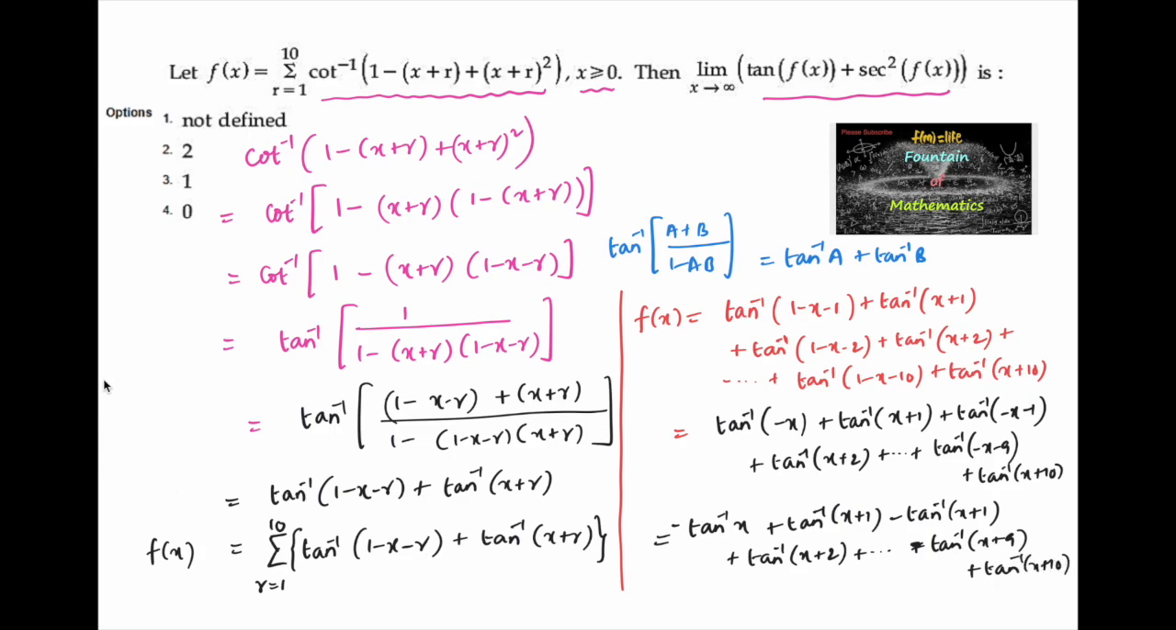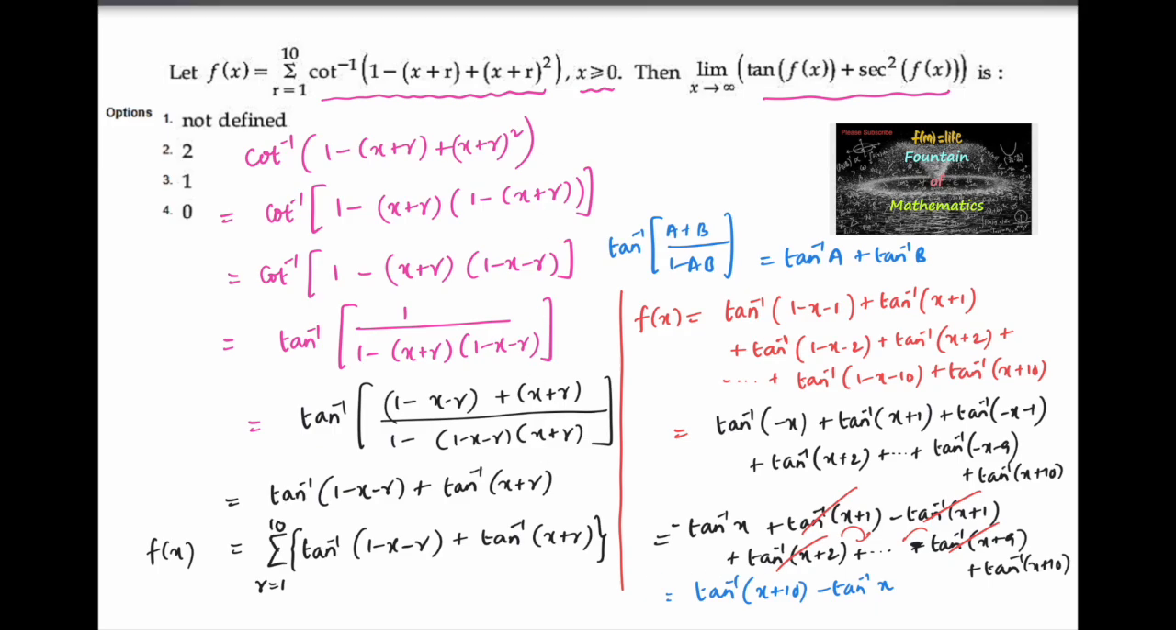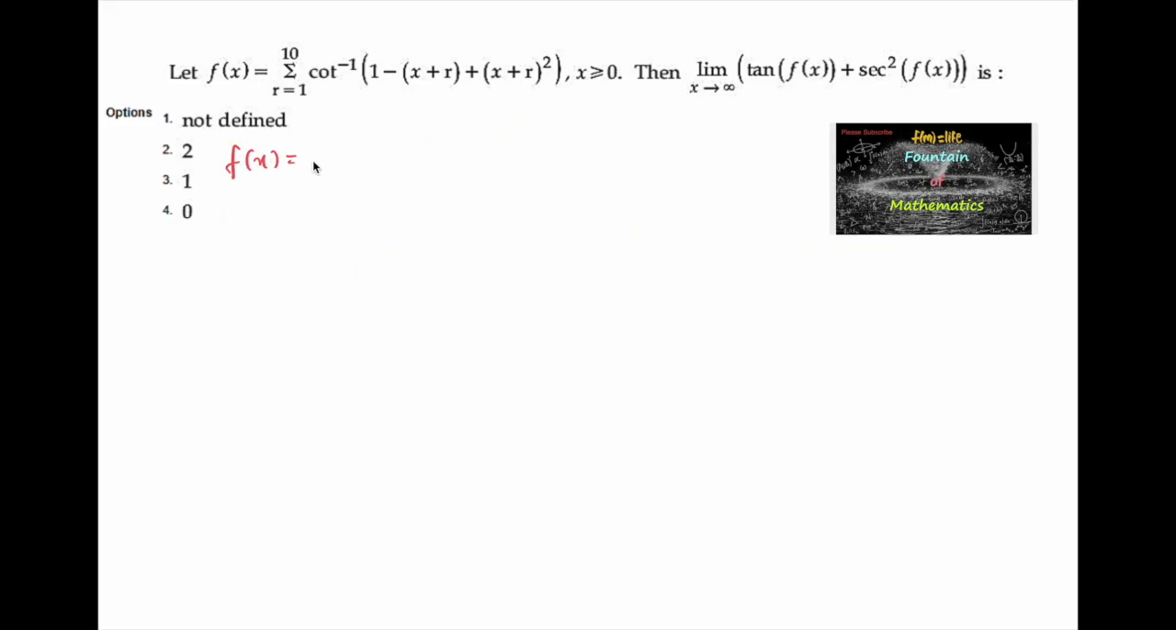So here we can cancel tan inverse of (x plus 1) and minus tan inverse of (x plus 1). Similarly, tan inverse of (x plus 2) will get cancelled with the next term, and similarly, tan inverse of (x plus 9) will be cancelled with the term before. So at last it is left with tan inverse of (x plus 10) minus tan inverse of x. So we have f(x) equal to tan inverse of (x plus 10) minus tan inverse of x,